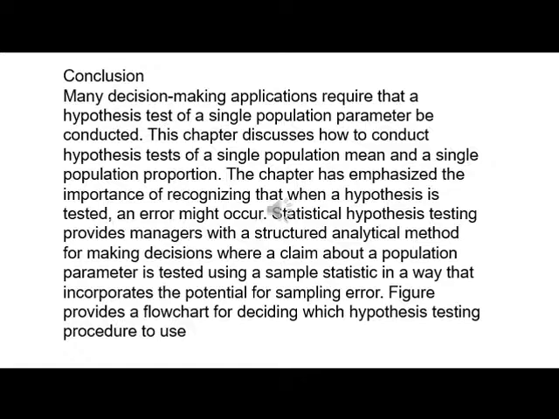Statistical hypothesis testing provides managers with a structured analytical method for making decisions where a claim about a population parameter is tested using a sample statistic in a way that incorporates the potential for sampling error. Figure provides a flowchart for deciding which